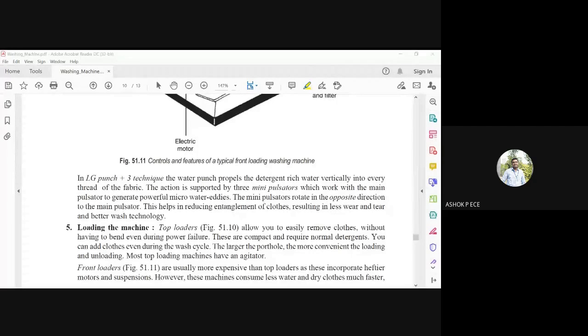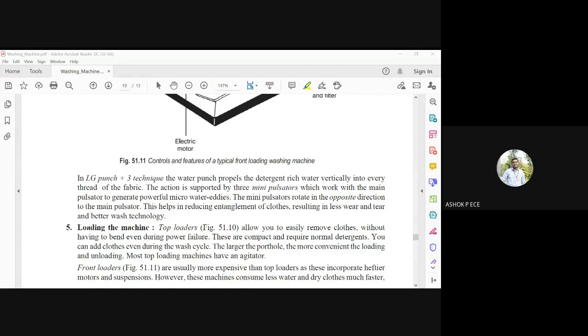After the washing is over, it can intimate the user saying the washing cycle is completed and you can start drying the clothes. Other than that, washing machines don't have that much smartness in them. They just do their task of washing and drying, and they intimate the user in case of completion. So that is what we have for today.